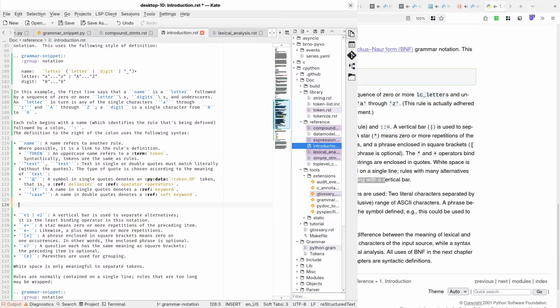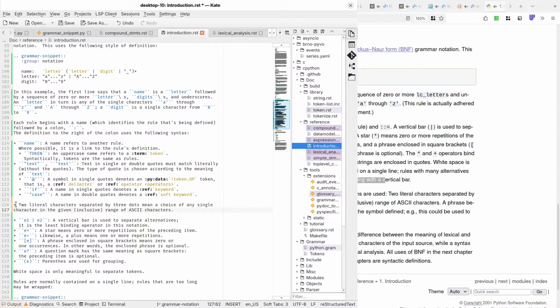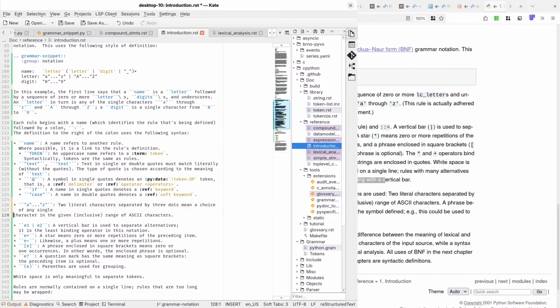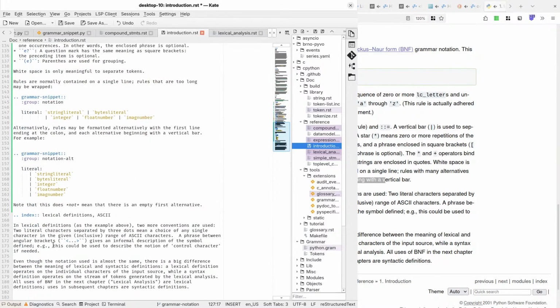Which group does this go into? Notation.